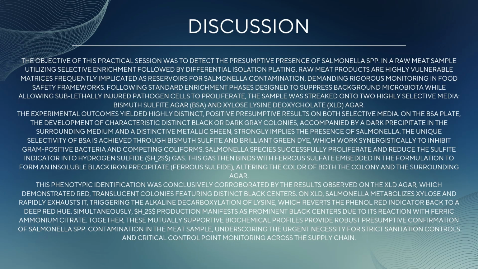The objective of this practical session was to detect the presumptive presence of Salmonella spp. in a raw meat sample utilizing selective enrichment followed by differential isolation plating. Raw meat products are highly vulnerable matrices frequently implicated as reservoirs for Salmonella contamination, demanding rigorous monitoring in food safety frameworks. Following standard enrichment phases designed to suppress background microbiota while allowing sublethally injured pathogen cells to proliferate,